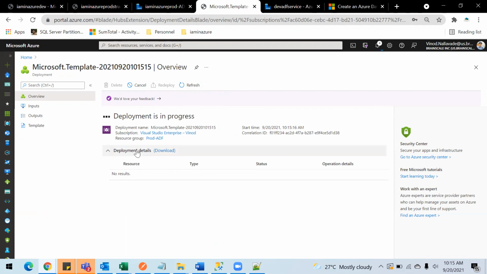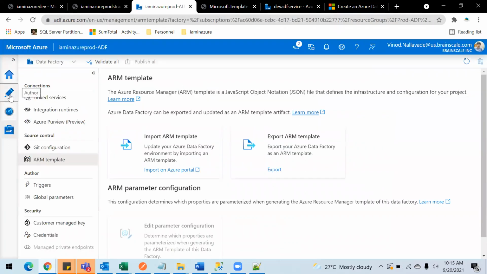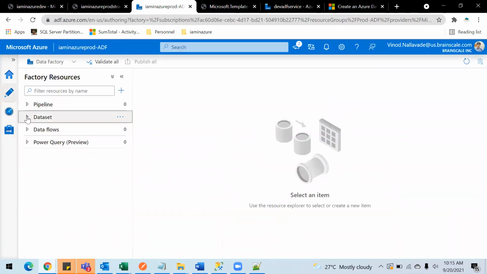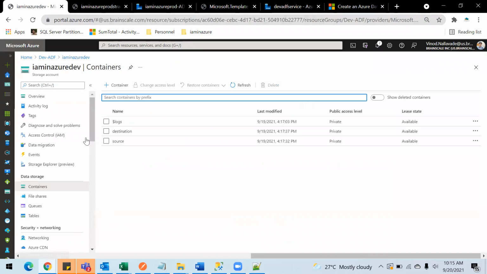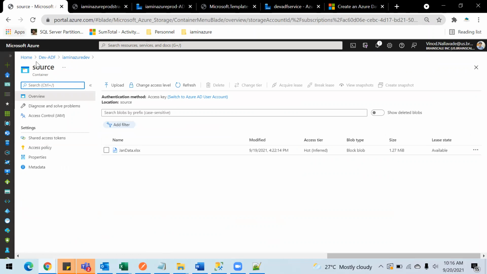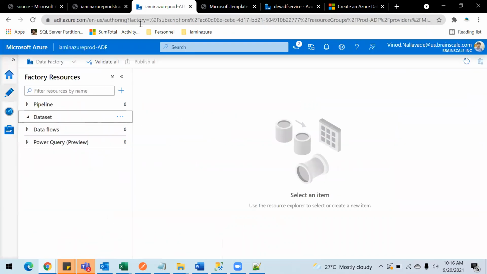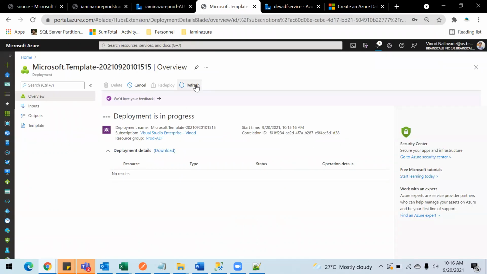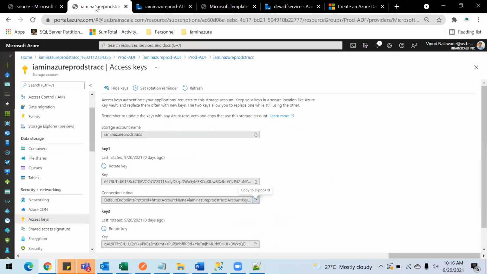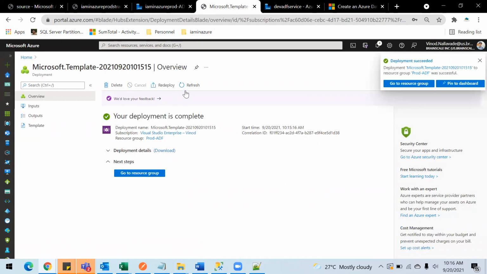Once we have this deployment complete, you will see the pipeline and datasets here in the production ADF. We will run this and see how it exports and imports the files. The deployment is still in progress. Yeah, the deployment has succeeded.